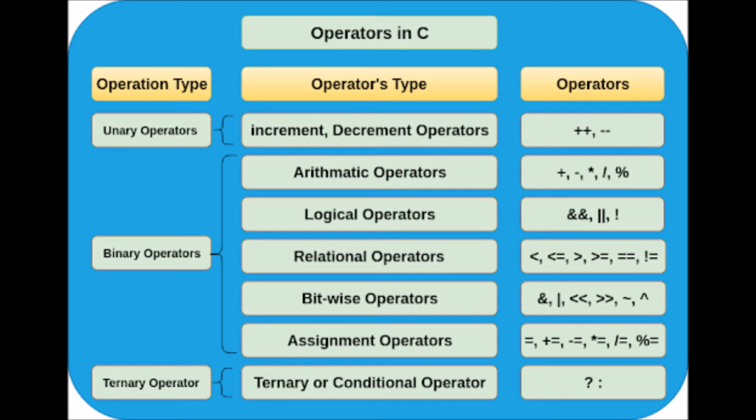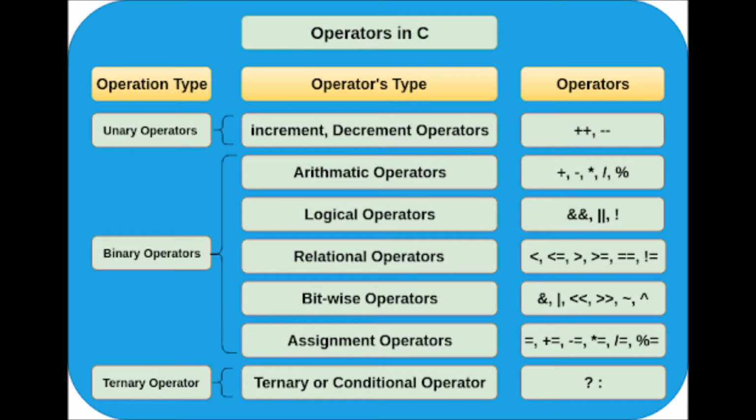In relational operators, we try to compare two operands, like less than symbol indicates one operand is less than other operand. In the similar way, we have different symbols like less than equal to, greater than equal to, and not equal to. The double equal to symbol here represents equal to operation, but a single equal to in programming is always an assignment operator. So whenever we want to compare two values of a variable, we have to use two equal to symbols instead of one, because a single equal to symbol always is used for assignment operation.